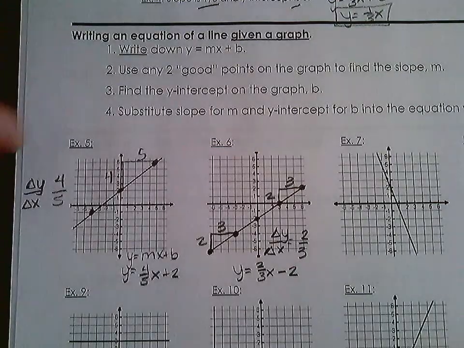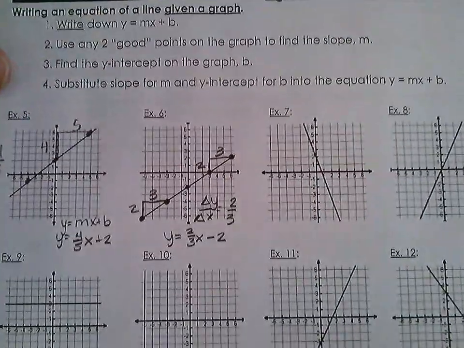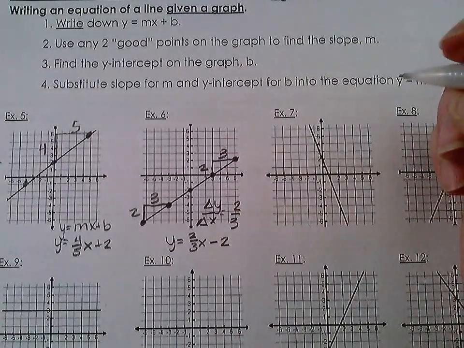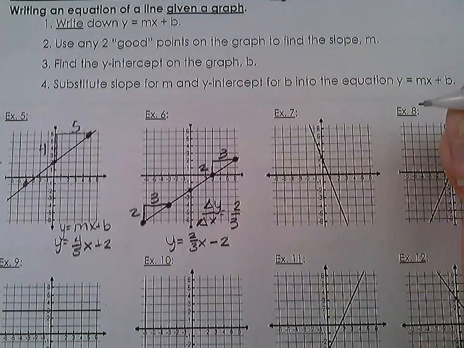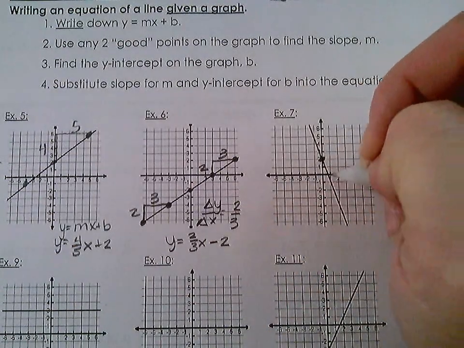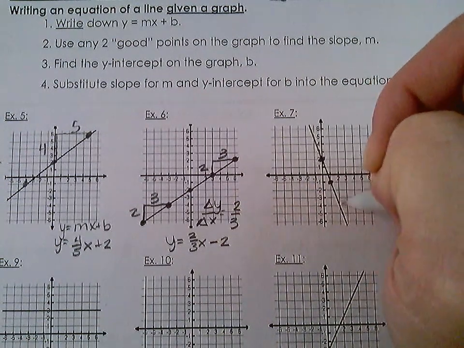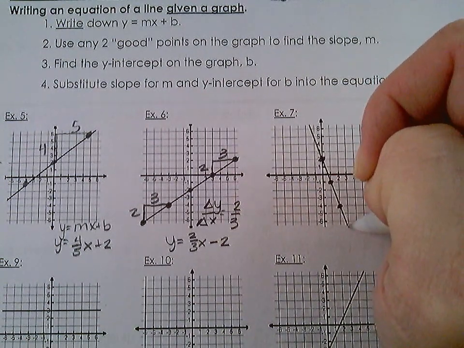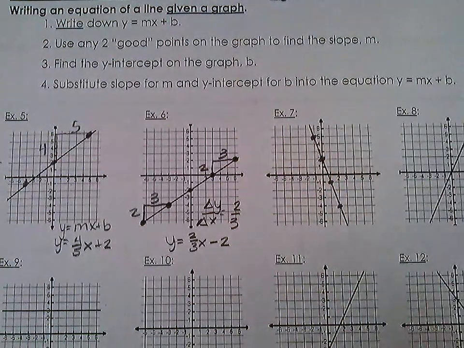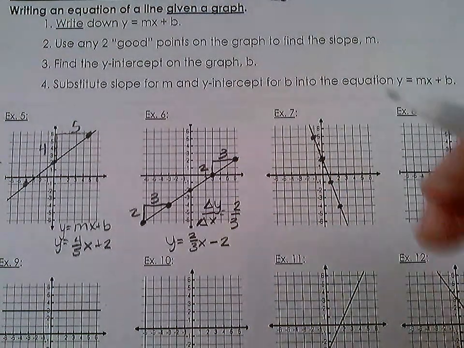All right, looking at example 7. So when you look at example 7, the equation of that line is going to fit into that y is equal to mx plus b format because it's not horizontal, it's not vertical, it's just a diagonal line. So trying to figure out my good fit points, it looks like here are my good fit points. Here's another one up here. And so it looks like if you're trying to figure out moving from one point to the next,